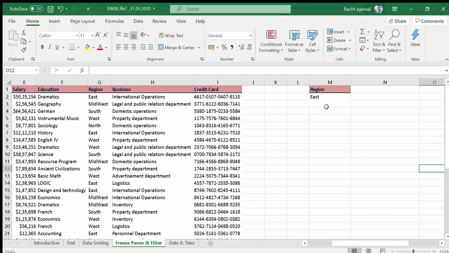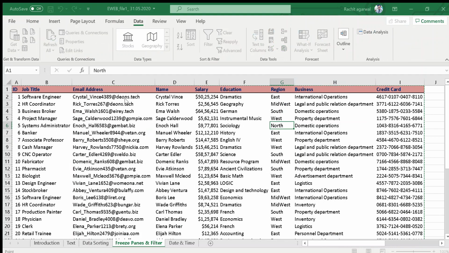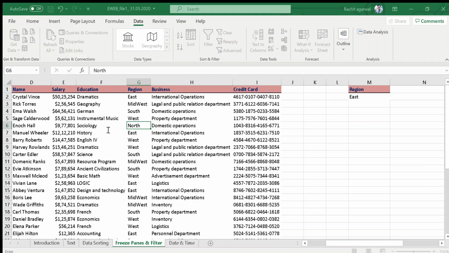All right. So now I want the East region. Like I want to know how many employees are working in the East. Again, I have changed the criteria. Go to the same Data, Advanced option, select the entire table, which is automatically done. Now the criteria has been changed. Now the criteria is the region and East.